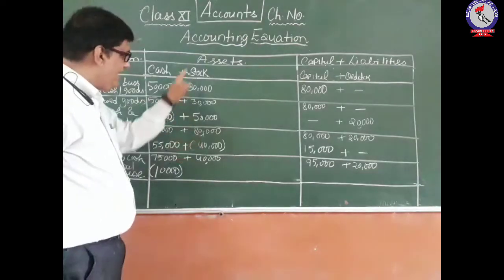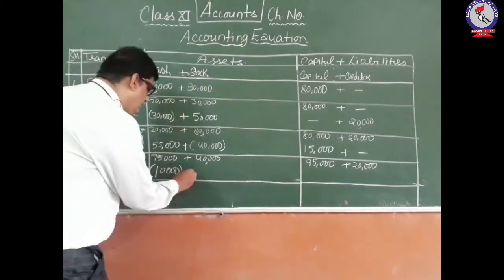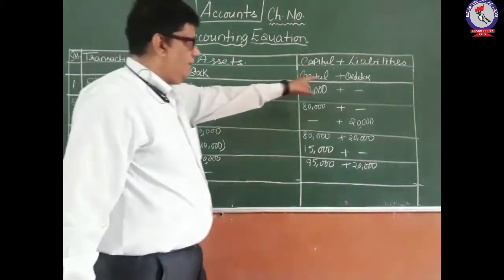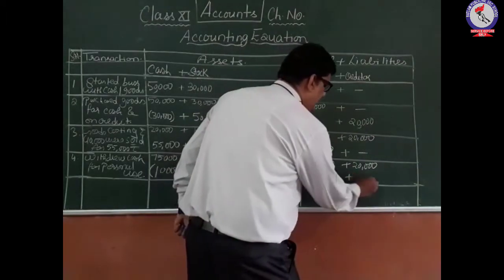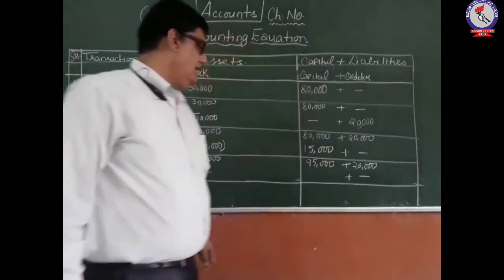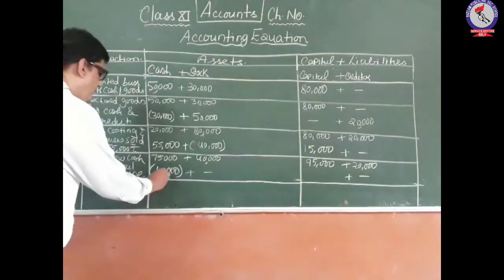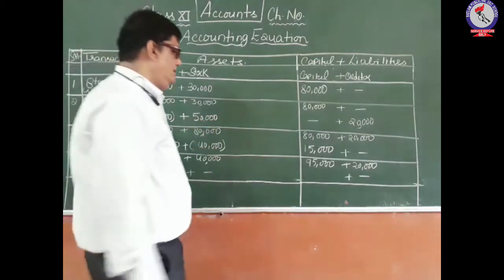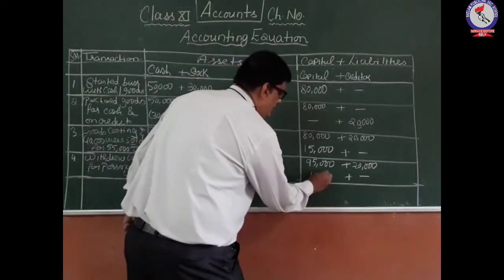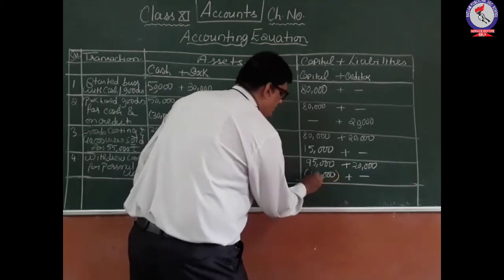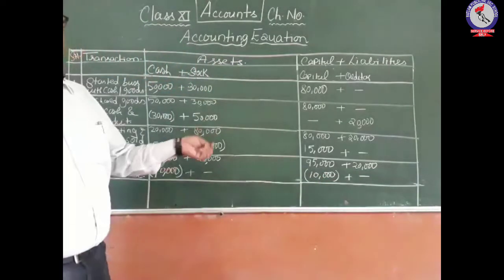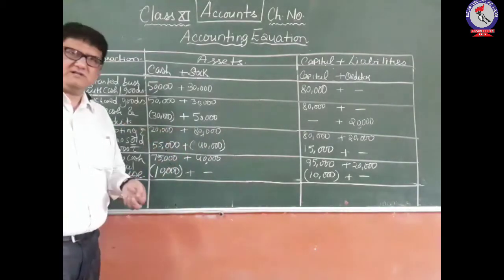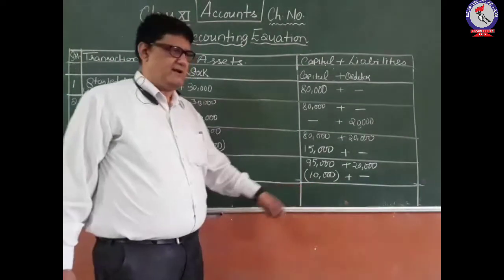and it will have no effect on the other asset, that is your stock, क्योंकि इसमें stock पे कोई फर्क नहीं पड़ रहा है. Same thing on liability side, there is no effect on capital, कोई फर्क नहीं पड़ रहा है. But when you are withdrawing the amount for your personal use, it will reduce your capital. Okay, so this will reduce your capital. As a drawing, you have withdrawn the money. Drawings is that amount which you have withdrawn for personal use. So when you are withdrawing the money from business for personal use, it will reduce your capital.